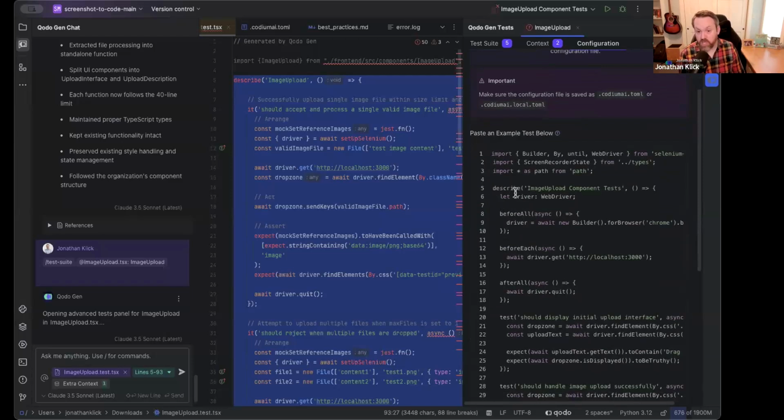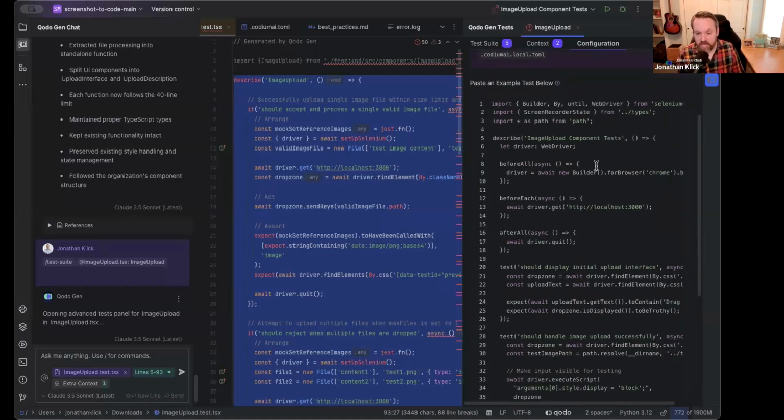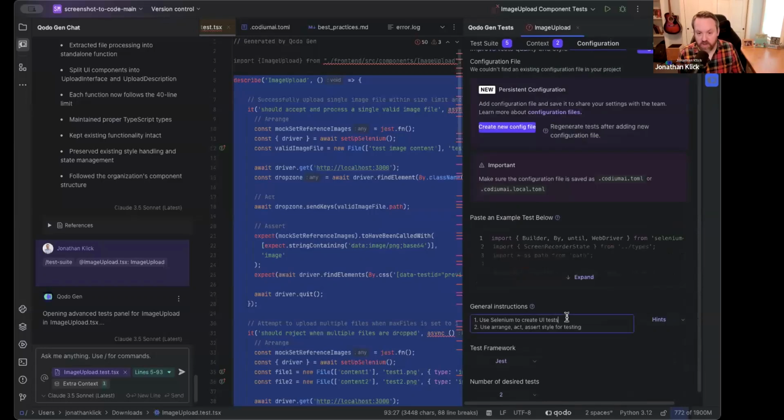So this could have been just examples of good unit tests. In this case, I'm directing the product to not, our default is to actually build unit tests. If you don't tell us to do anything, we're going to use a certain test framework. We're going to do unit tests. We're going to do mocks. We're going to do those things. However, if you're looking to do integration tests, functional tests or UI tests in this case, you can actually guide it through pasting examples of the tests you want as well as giving those additional